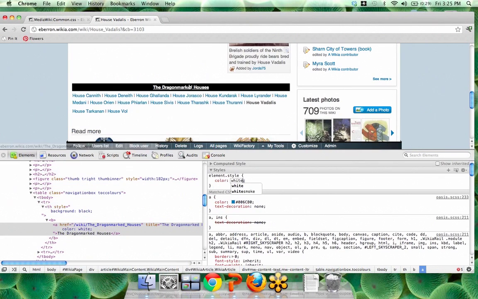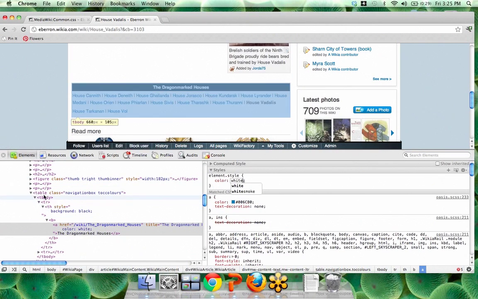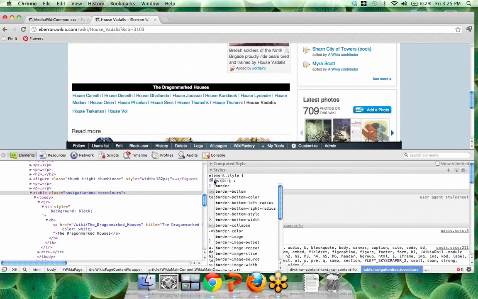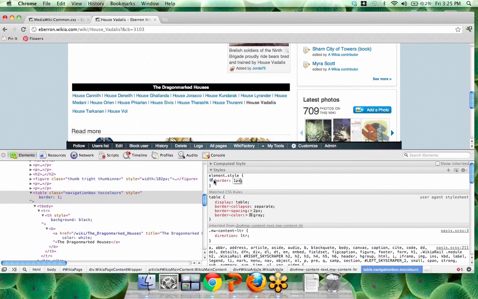Ta-da. And then once we have that, we might want to have a border around the whole box so that people know where it begins and where it ends. So let's add a border of 1 pixel, solid